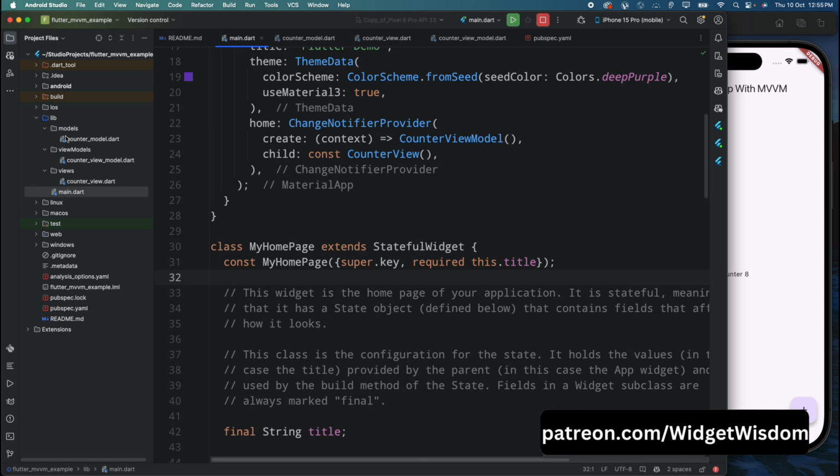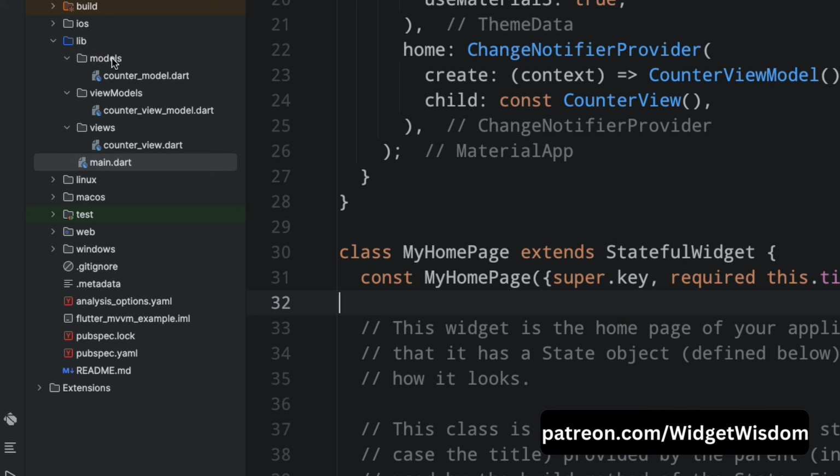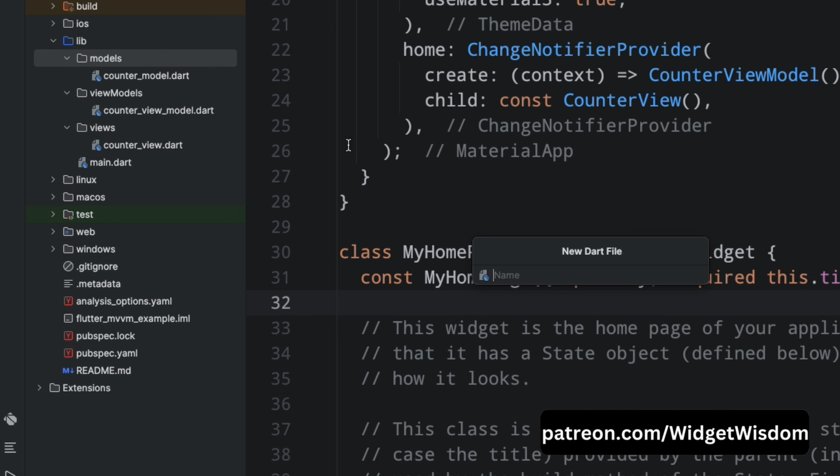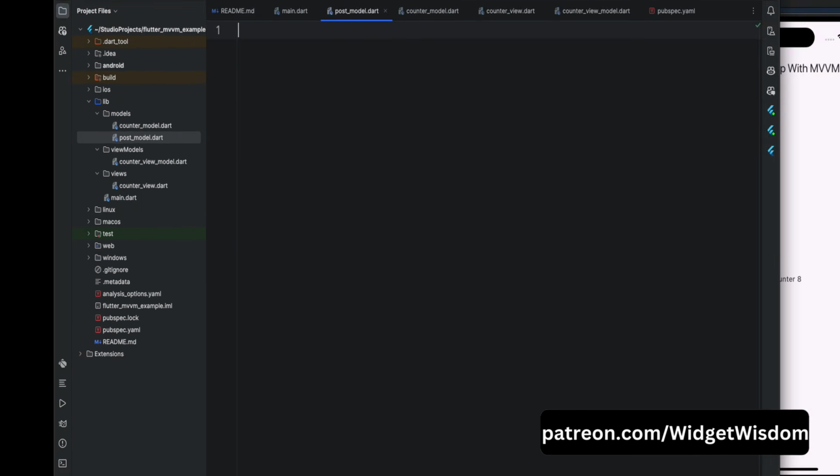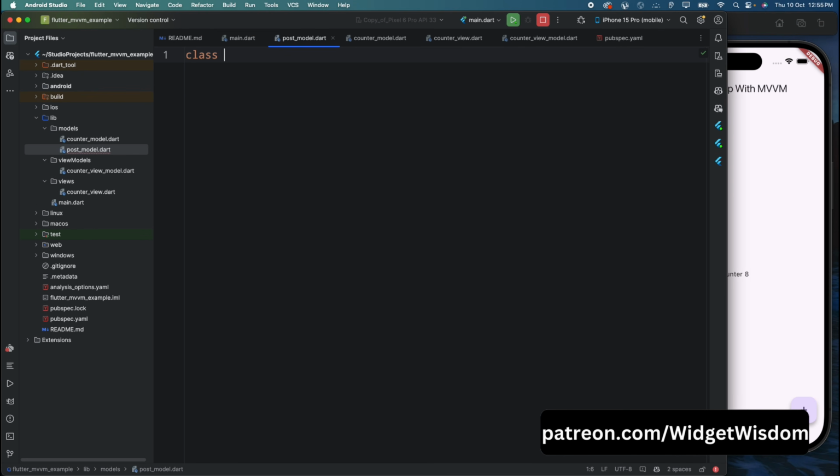Now that we have got the basics down, let's look at a more complex example like integrating an API in MVVM architecture. So let's create a post model to handle data from a REST API. So create a new file called postmodel.dart inside the models directory, and then inside this file create a class named